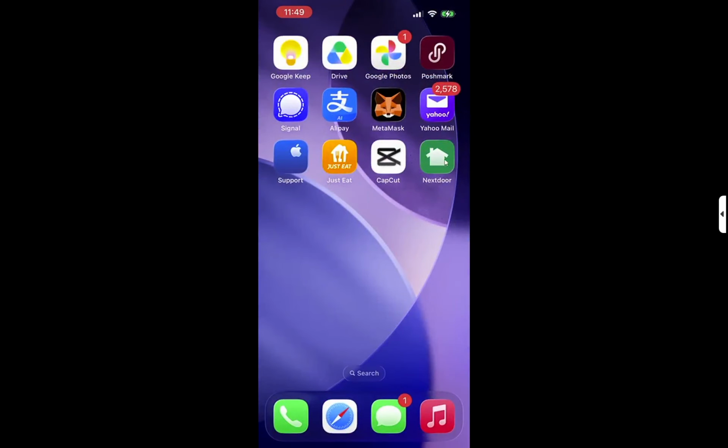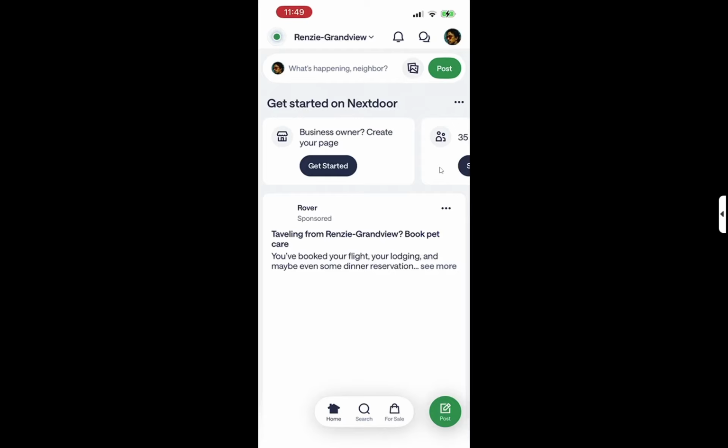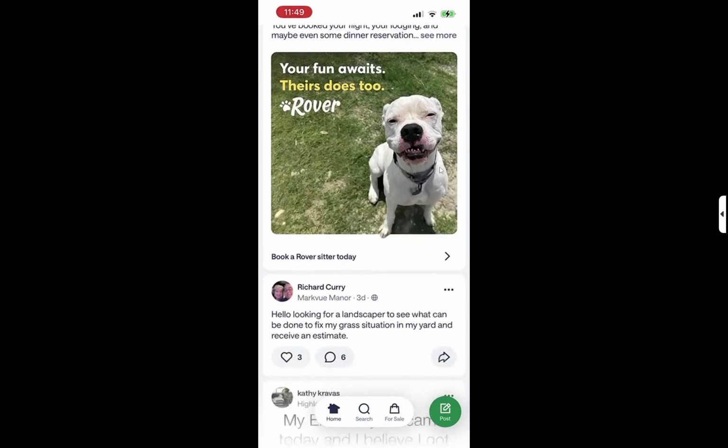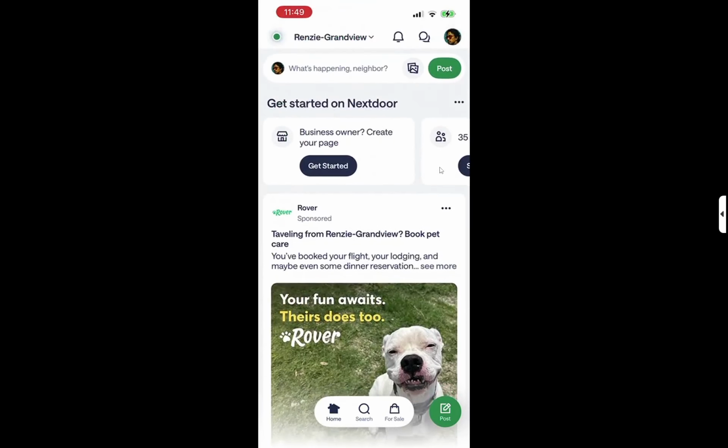First, let's start with the recommended method, which is through the Nextdoor app. Open the Nextdoor app on your device and sign in using your credentials. You will see a familiar interface filled with local news and updates from your neighborhood. Signing in is crucial because it ensures that your inquiries are linked directly to your account. This way, the support team can provide you with the most relevant assistance tailored to your issues.